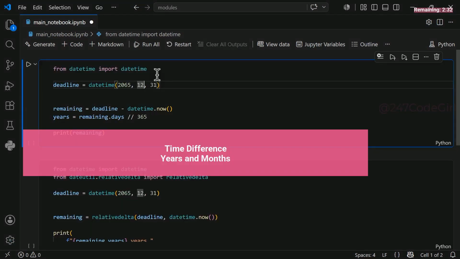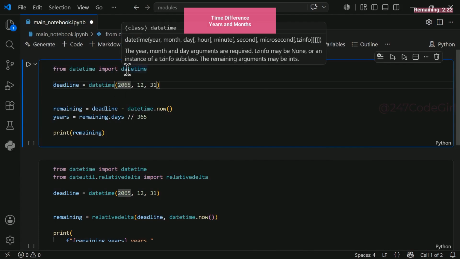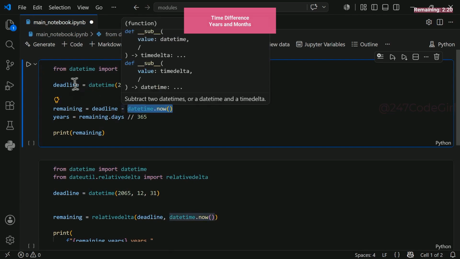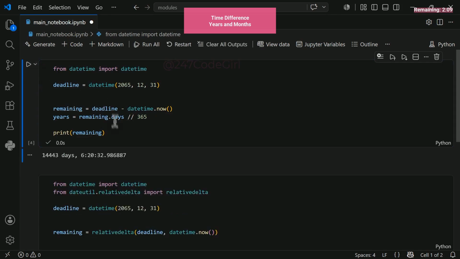Calculating time gaps in years, months, and days is a common challenge every Python dev faces. The standard datetime class is perfect for tracking now. I've got the current time and a future deadline. Let's say my retirement in the year 2065. I'll set that as my target date. Simply subtracting now from the deadline gives a total. Running this script outputs